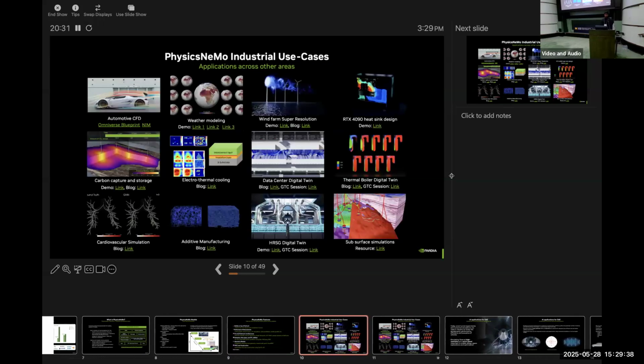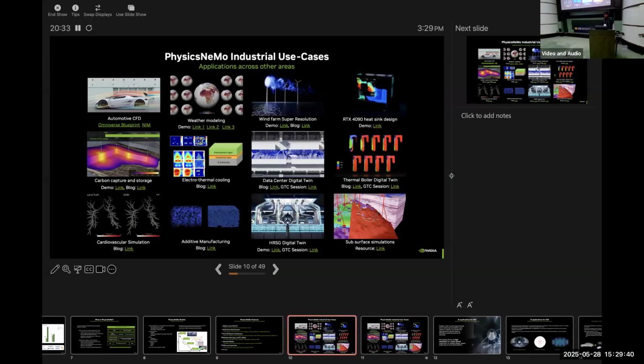With that, I want to briefly showcase some of the industrial use cases that we have attempted with PhysicsNeMo, and we'll deep dive into a few of them today. We have done a lot of work in CFD, accelerating CFD convergence or accelerating the CFD workflow, like the whole forward simulation process, or the inverse design process.